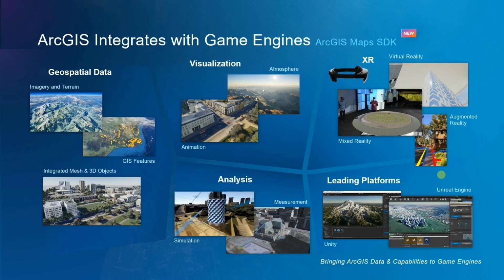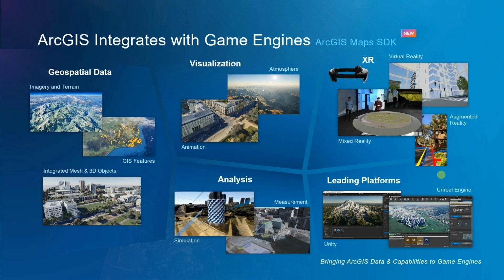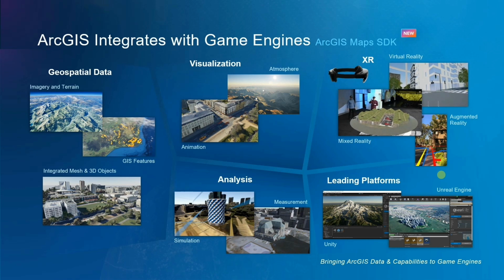Currently, ArcGIS integration with game engines is provided through the ArcGIS Maps SDK as a developer product. It integrates with the two market-leading game engines, Unity and Epic's Unreal Engine. Both are distributed as plugins within these apps and provide a UI and APIs to access ArcGIS services and local data. This enables you to create local and global 3D experiences through a scene, which provides the context to display ultra-realistic visualizations of your GIS content.